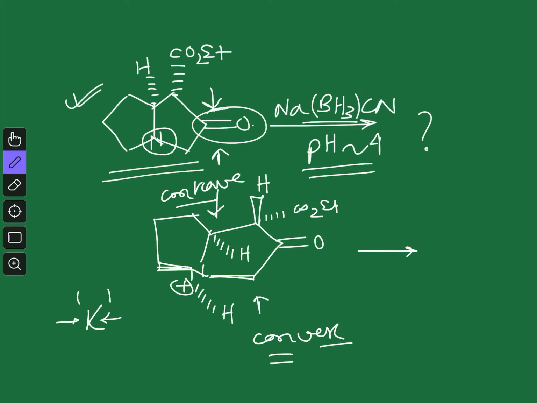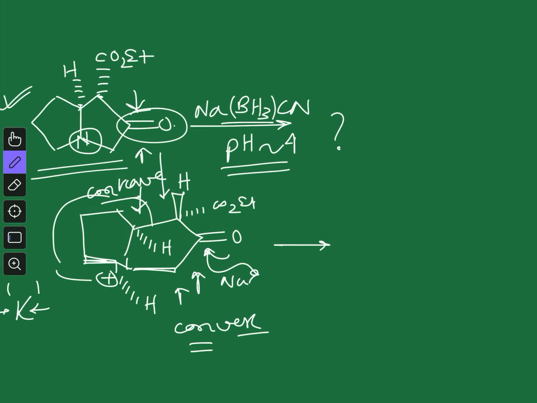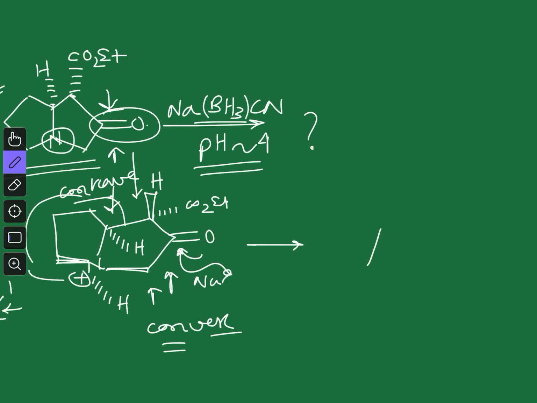Now if you consider the steric crowding on these two faces, obviously the top, concave face is sterically more hindered, because here you have this large group, right? Here you have this large group, so when your nucleophile approaches the carbonyl carbon, it will have a steric clash with this large group, whereas the bottom face is relatively free, and that's why any nucleophile can easily attack on the bottom face. And in this case the nucleophile is hydride, so it will easily attack on this bottom face, and that will give a product like this.